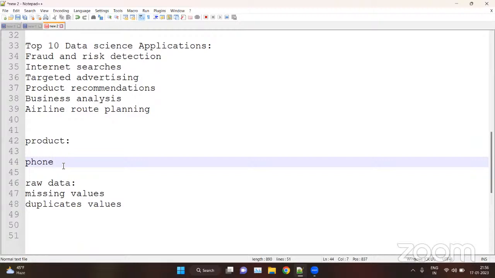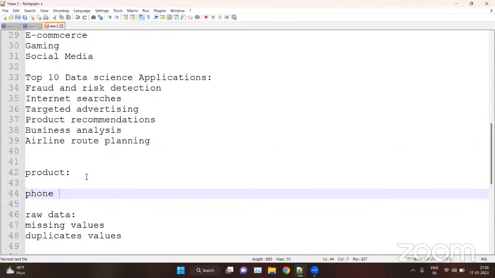Suppose we have the data in Excel format in the form of rows and columns. So we have phones, the price of each phone, features of each phone, how many products are sold, etc. Basically, we have all the information. Now, how can we retrieve the profit or loss from that data, and predict the upcoming profits and losses? That is why we use data science in business analysis.